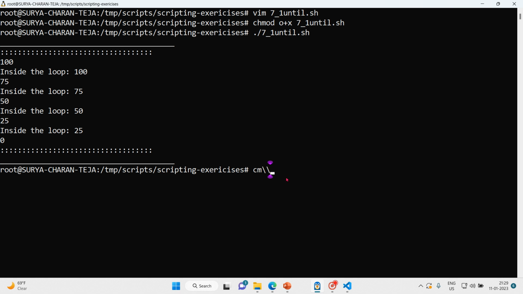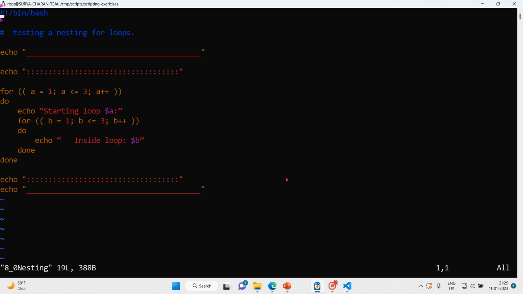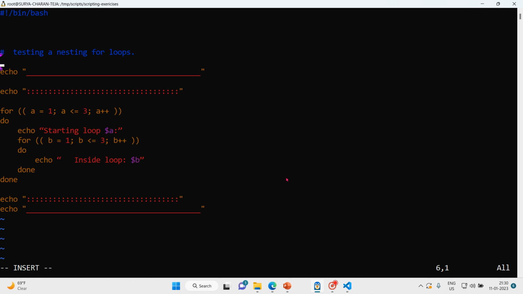Let me clear the screen first. So vim 8_0 nesting, and then as usual insert mode, bin bash, and now testing nesting for loop. First the outer for loop or main for loop, then after that you see this is a nested for loop. So in total we have two for loops. Okay, let's execute this and see